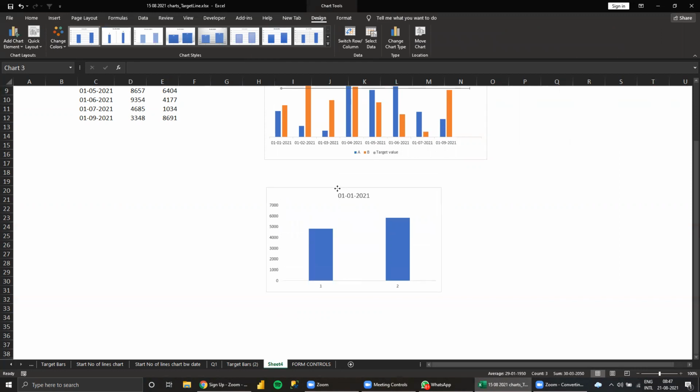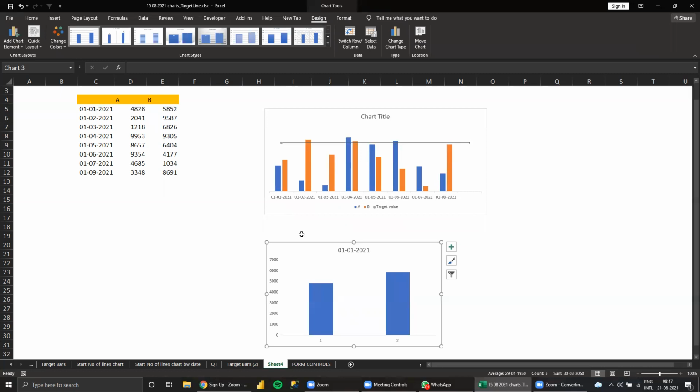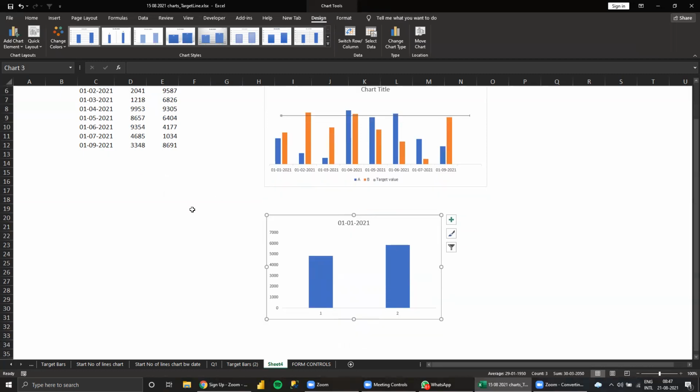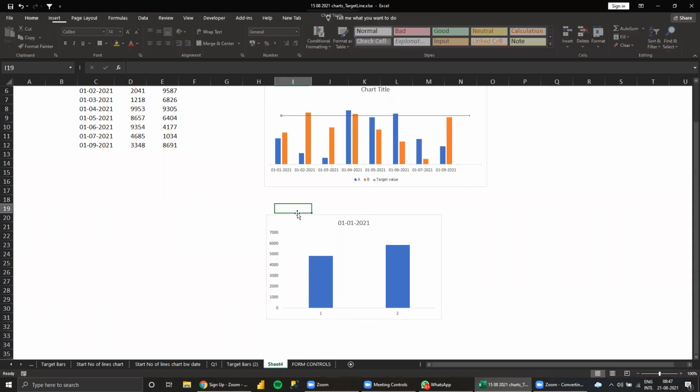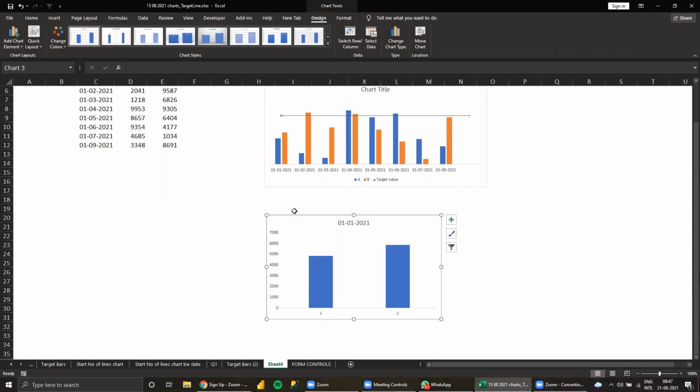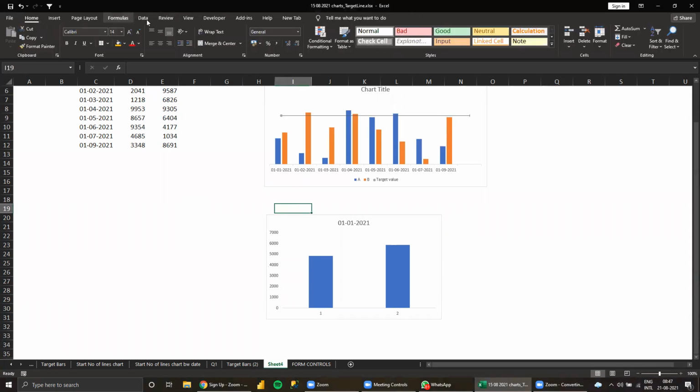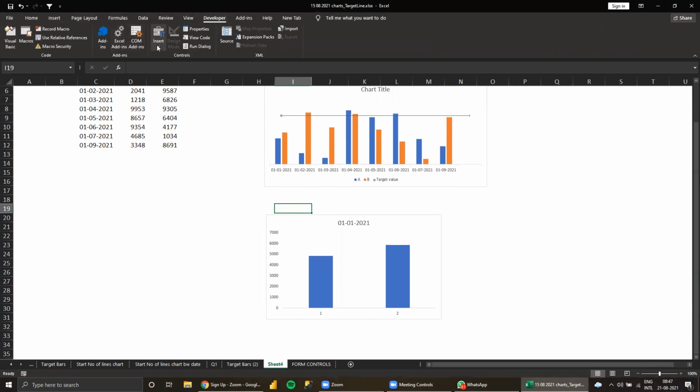Now based on the selection, every time I cannot copy paste, right? So through the combo box I can give the drop down here. I'll go quickly and show here.